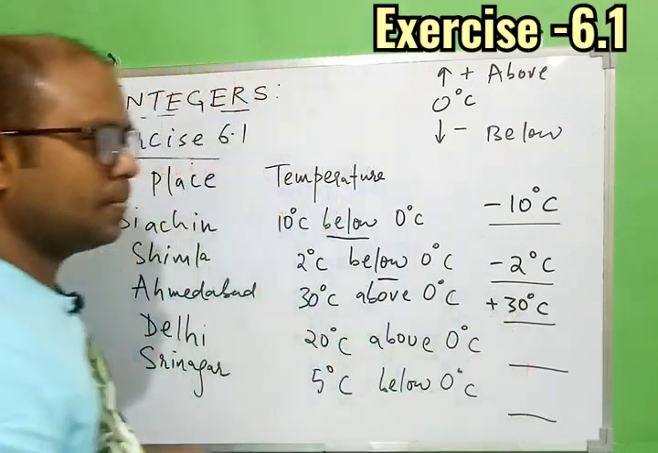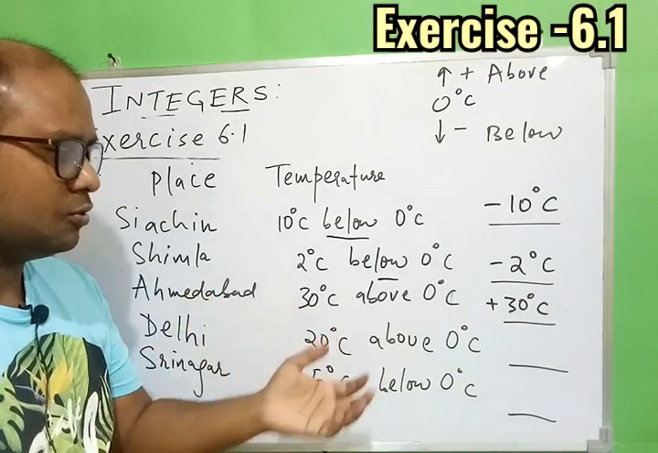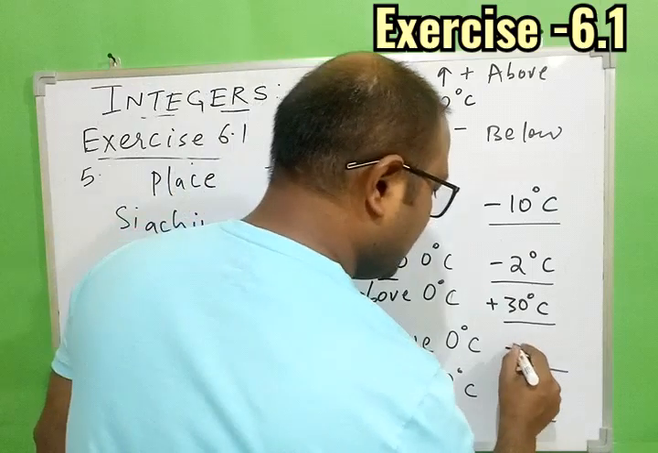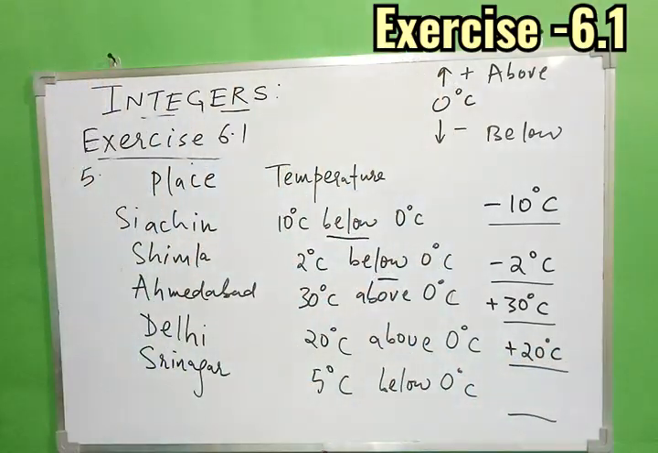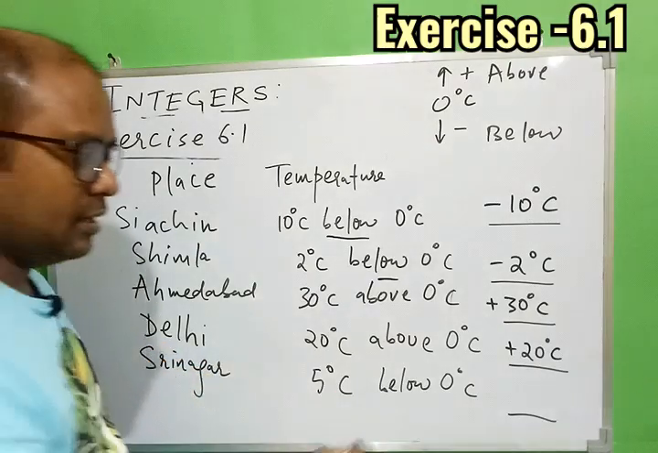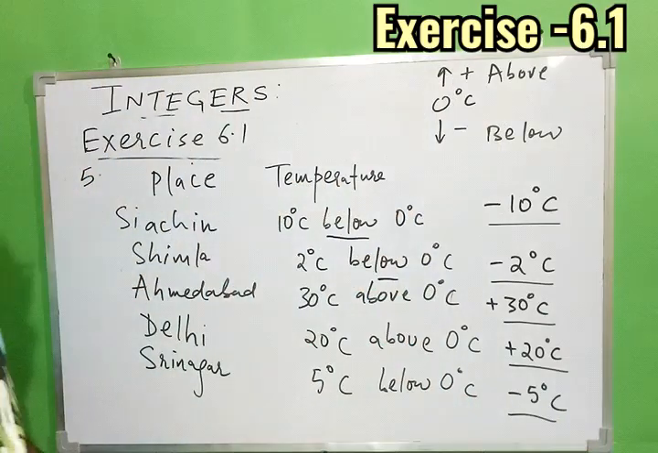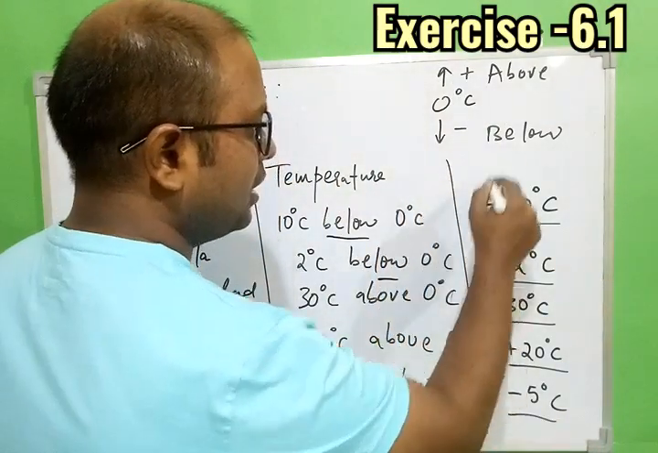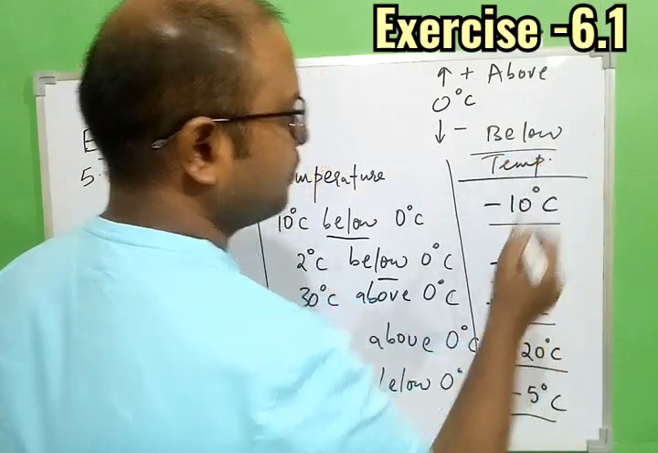otherwise not so important. Plus is understood all the time, so no need to show, otherwise if you are interested you can show also. 20 degrees Celsius above, again above 20 degrees, so we can write down 20 degrees Celsius or just 20 degrees Celsius. 5 degrees Celsius below 0 degrees, so again below means minus 5 degrees Celsius. So we have completed this table, this was given to us, and this we have done ourselves, temperature in integer